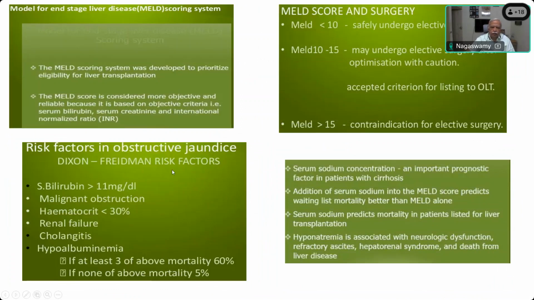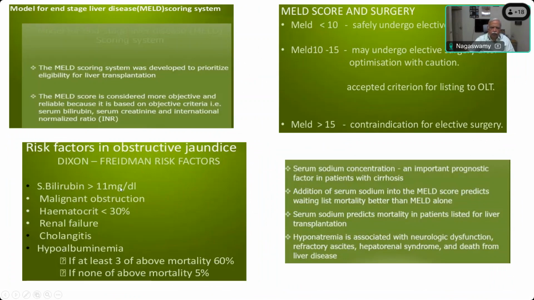But in obstructive jaundice, you have these Dixon-Friedman risk factors. Serum bilirubin more than 11, malignant obstruction, hematocrit less than 30, renal failure, cholangitis, hypoalbuminemia. If at least 3 of the above are present, mortality is supposed to be 60%. If none of them are present, then the mortality is only 5%. So here, just like the CTP scoring, there are points, 1, 2, 3, 4, 5, and 6. In CTP, you have only 5 points. Here, you have to take into consideration 6 points,